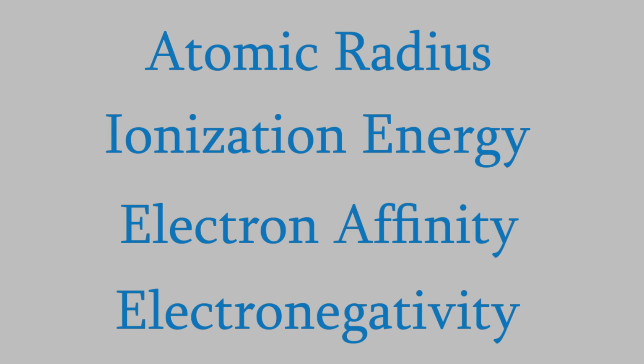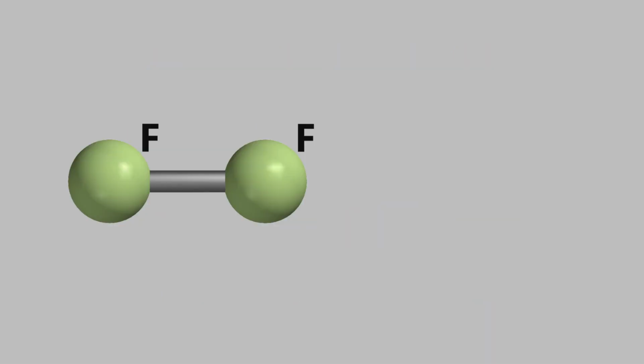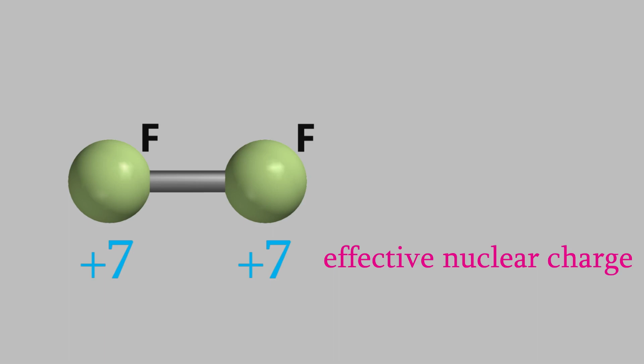To understand what electronegativity is, let's start by imagining a fluorine molecule. You might remember from an earlier video that fluorine is a diatomic element, so a fluorine molecule consists of 2 fluorine atoms bonded together. From our discussion a few videos ago, you might also recall that the valence electrons in fluorine feel an effective nuclear charge of +7. So, when we make a bond between the atoms, the valence electrons in the bond feel an equal pull of +7 toward each nucleus. So, the electrons in the bond tend to be at the center of the bond, halfway